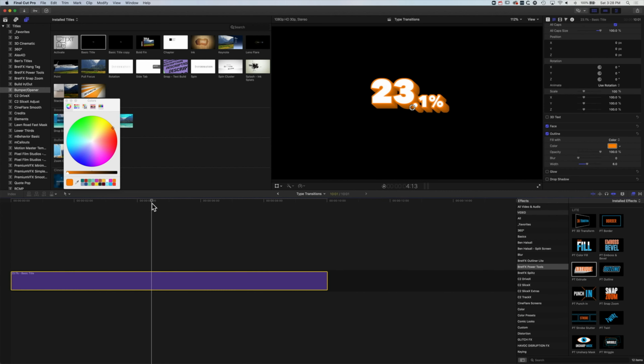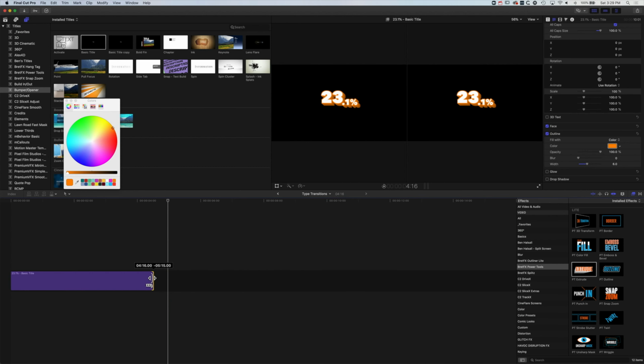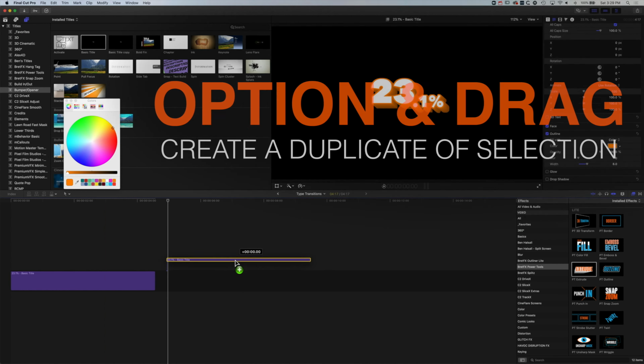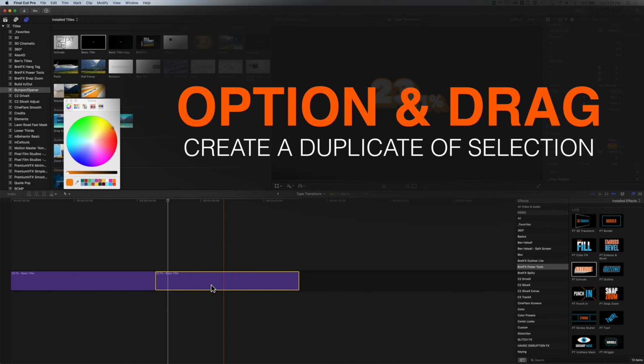So once you've got this type set up, you don't want to adjust the two different elements of that. We want to keep that consistent. The two elements I'm thinking of are really the big numbers, so the main percentage, and then the period and the percentage sign. So when we actually set this up, when I go to make the next copy, I'm just going to shorten this, and then hold down my Option key and drag a new version of that